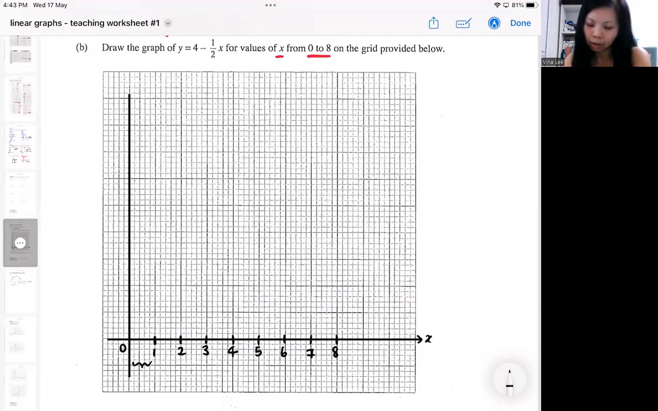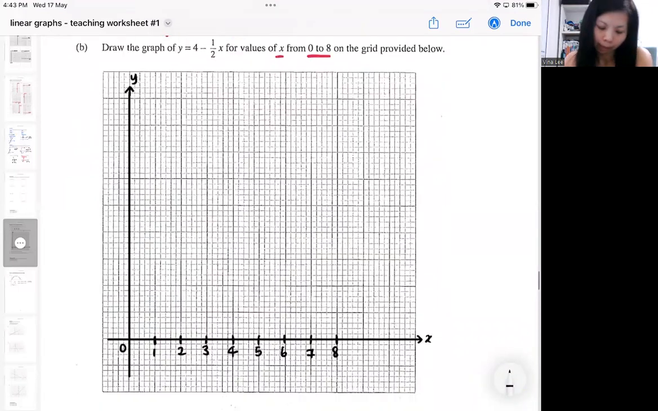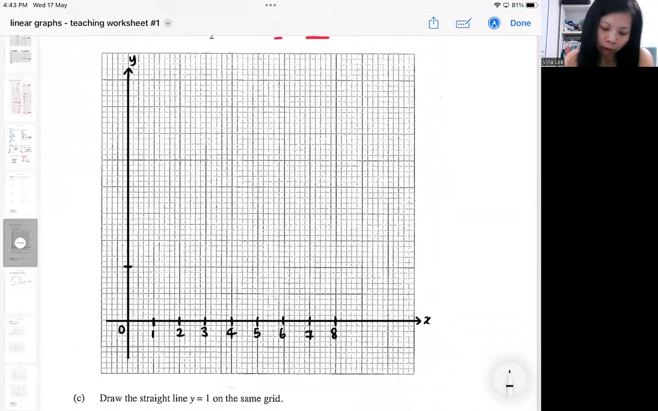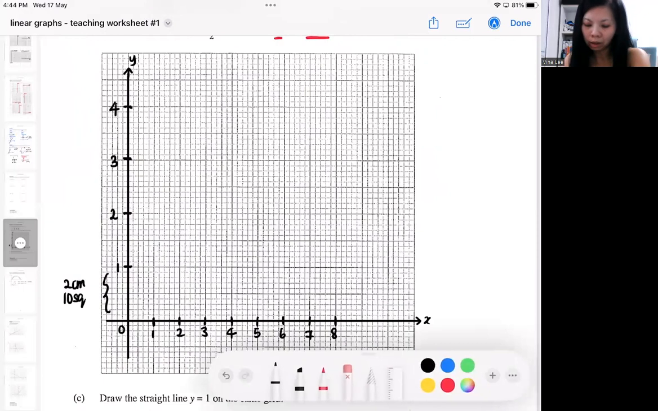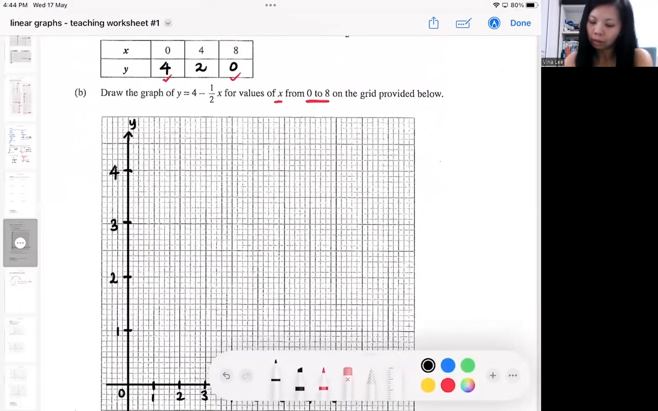So I make sure that it's enough from 0 to 8. As for the y-axis, I need to make sure that it's enough for 0 to 4, so I can be a bit more generous. I can use 10 squares. So 10 squares is 2 centimeters, so every 10 squares is 1 unit. So you must always plan out your x-axis and y-axis so that you ensure that all the points are sufficient